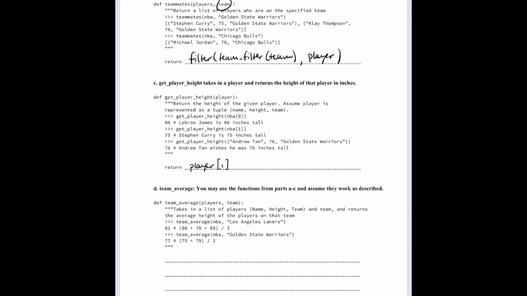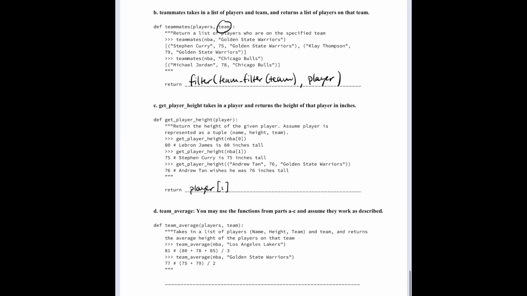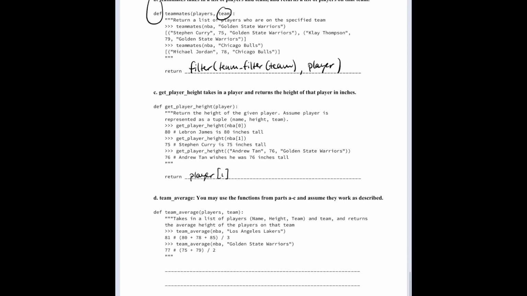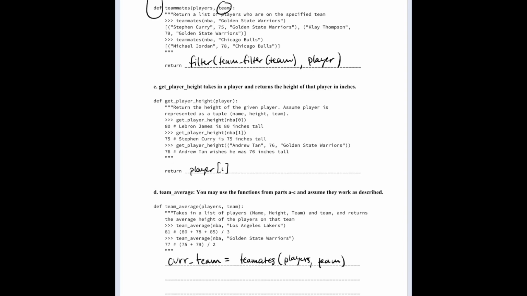So I guess the first thing we probably want to do is get all the players on the team. So I think this would be a good place to use this teammates function. So let's just grab the team first. Team's already taken, so let's call it cur team equals teammates players team. So now this cur team should be a list of all the players on a given team,